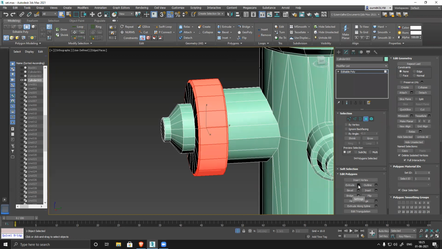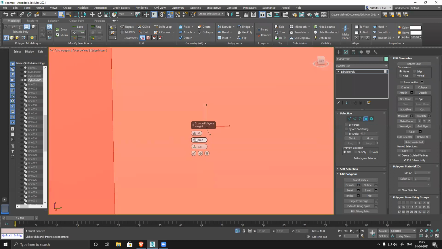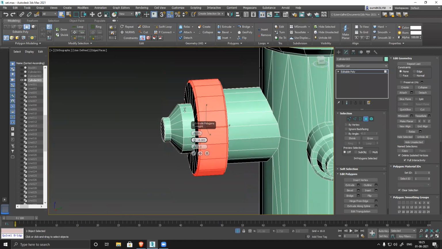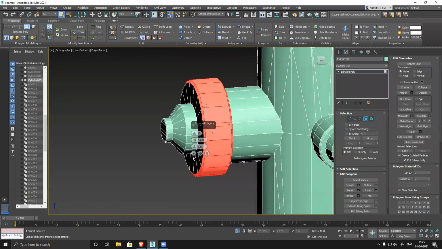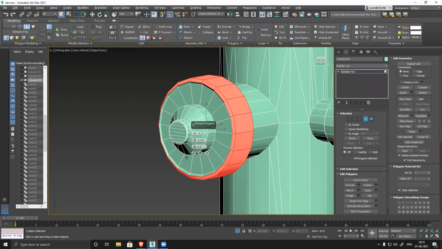I'll go to extrude, local normal, reduce it, and by polygon.